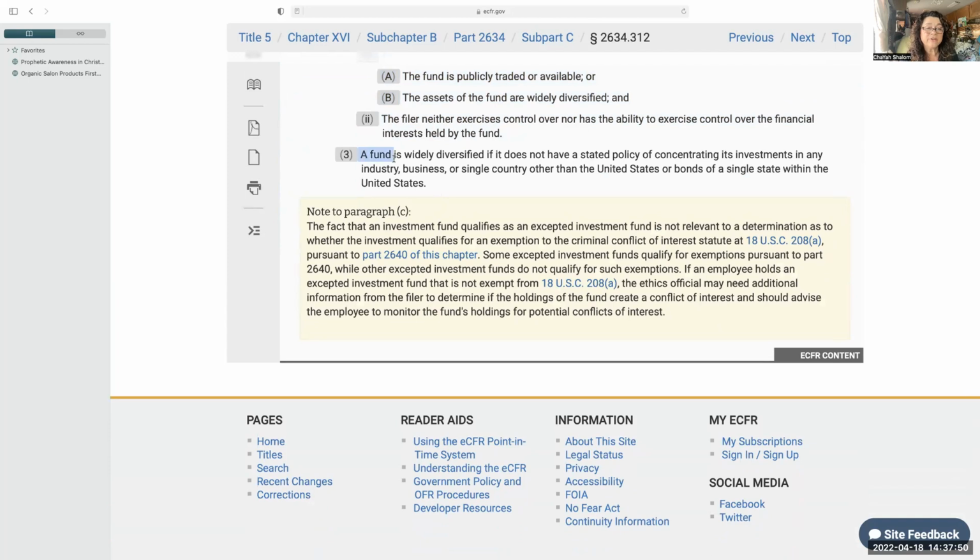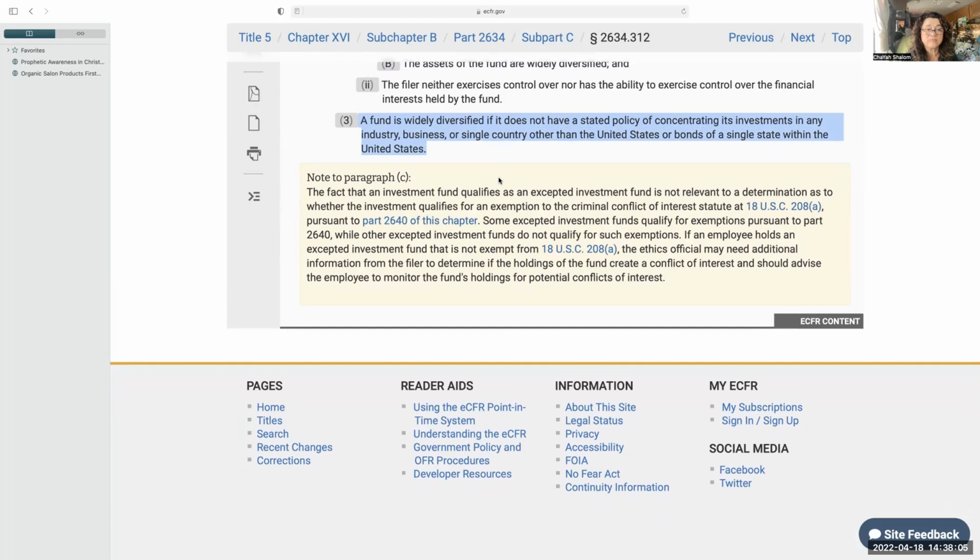And 3, a fund is widely diversified if it does not have a stated policy of concentrating its investments in any industry, business, or single country other than the United States, or bonds of a single state within the United States. Interesting. Note to paragraph C, the fact that an investment fund qualifies as an accepted investment fund is not